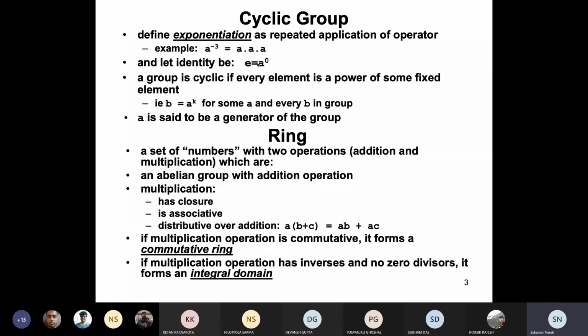This is for the multiplicative scenario. Similarly, in the additive scenario, a cyclic group is A plus A plus A, so n times addition of A: A single, A plus A, two elements. So n multiples of that element can generate each and every element; then additively, that group is called a cyclic group.